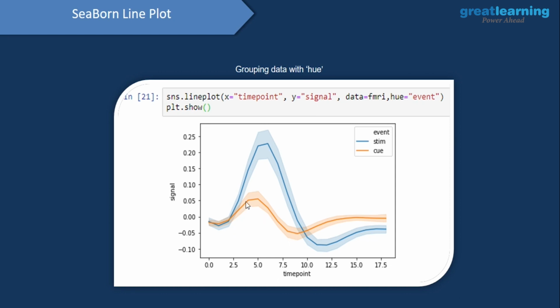But you'd also notice that the drop is not so steep. For the stem event, it came from 0.2 and dropped down to minus 0.10. But for this particular signal, queue, the drop is very small. It dropped from 0.05 to only minus 0.05. And also, once it dropped, the increase of the queue event is much higher when compared to the increase of the stem event.